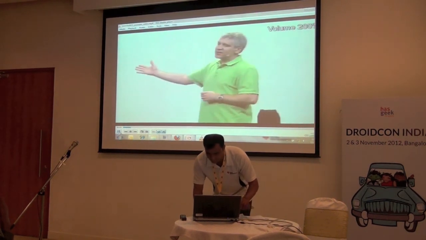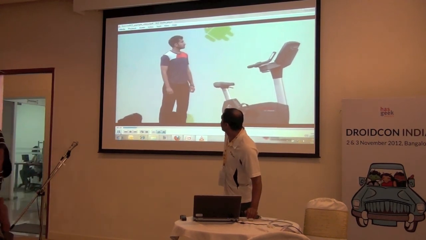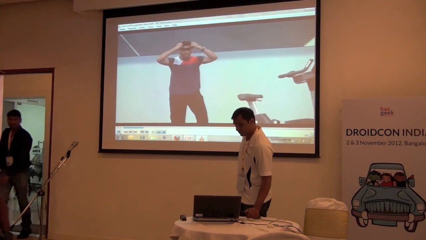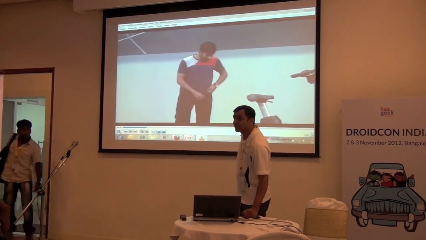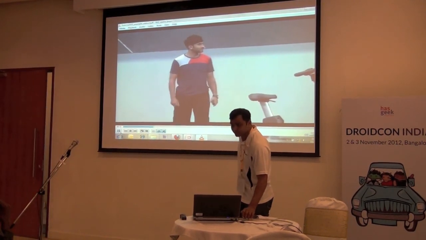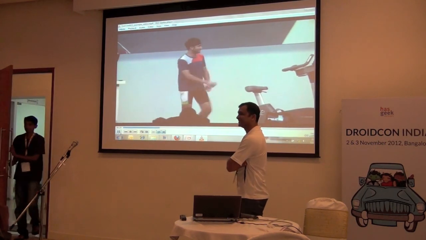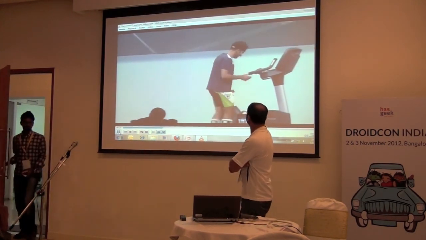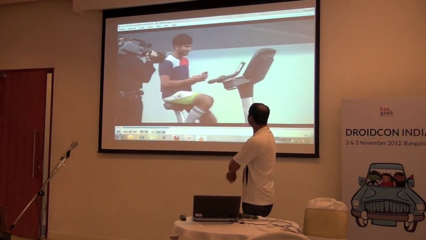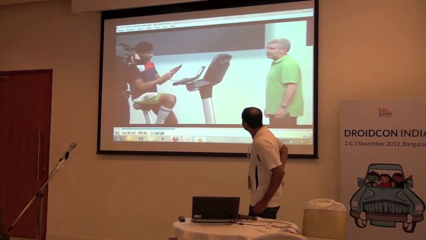This is an exercise bike by Life Fitness, and it's compatible with Android Open Accessory. Anand's going to get ready for a workout on it. First, put on his headband. Now, most importantly, he's got his Android phone. Now he's going to dress for his workout. People go crazy for his legs. All right. Now watch what happens when he plugs the phone into the bike.